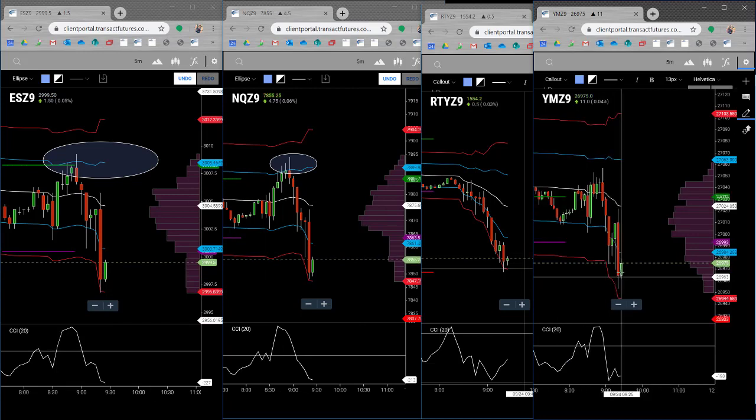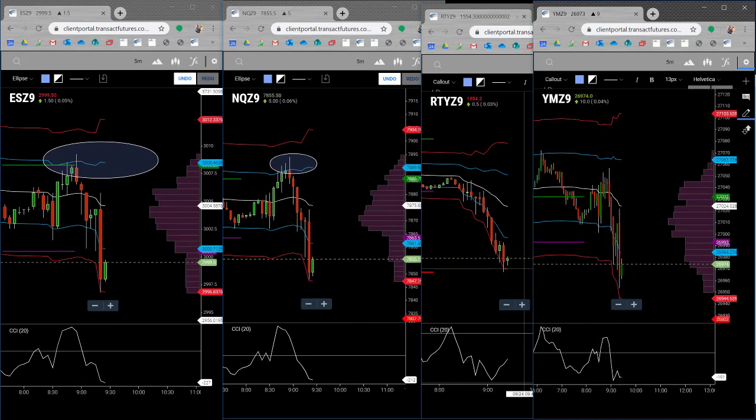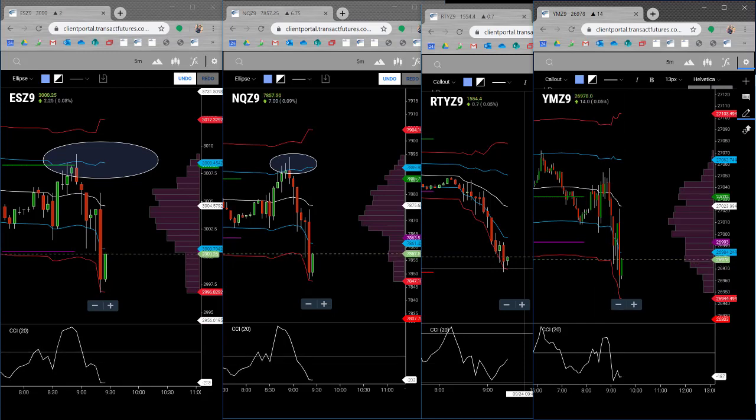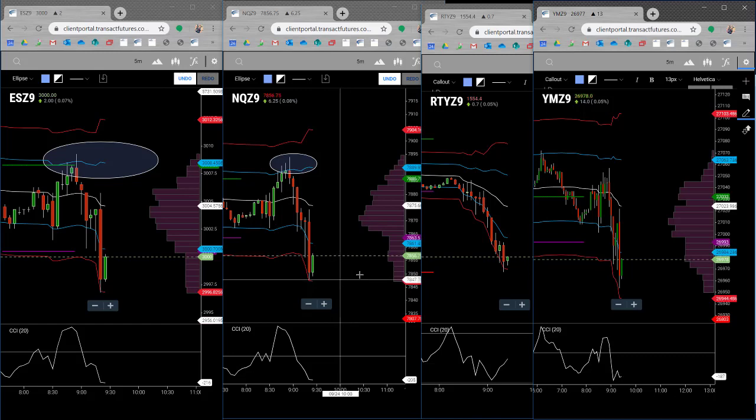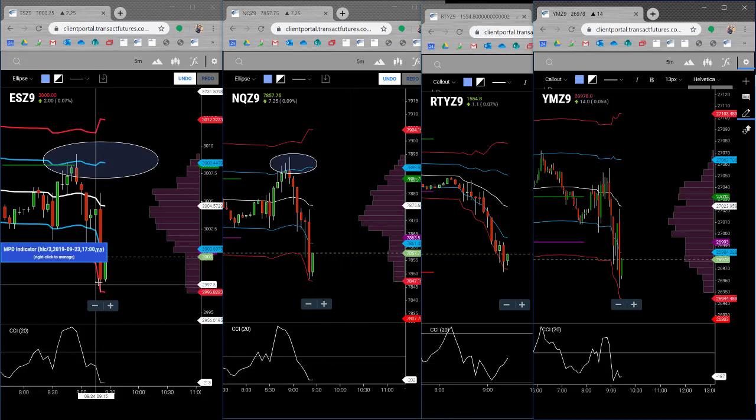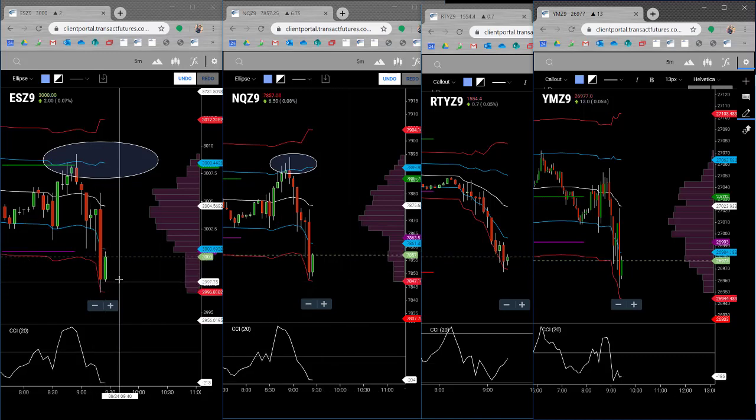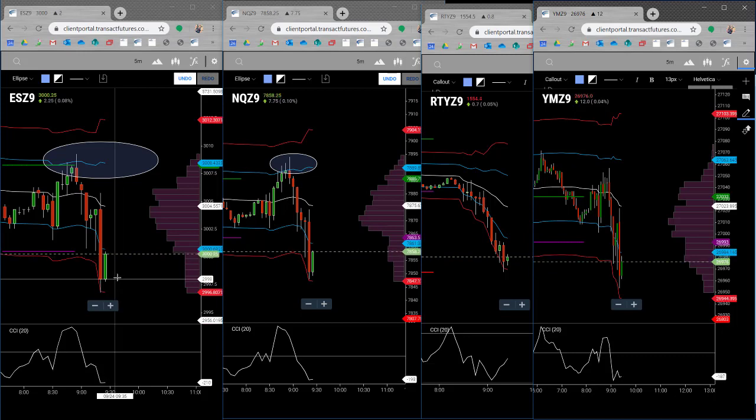So, at this point, I would say really not much to do. We have one long micro E-mini S&P. We have one long micro Russell contract. We're getting a little bit of a rebound here, which is kind of what I was hoping for on the S&P because we did have that reversal in. And again, the contract size here is so small that it's not really something you have to be too fearful over as long as you're judicious with the way you scale into positions